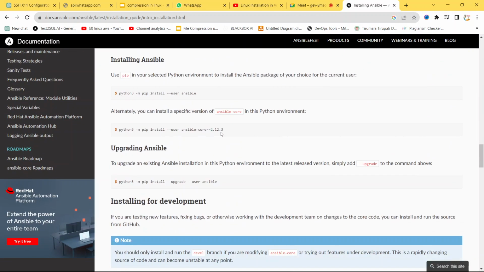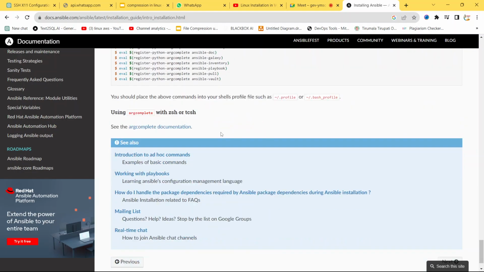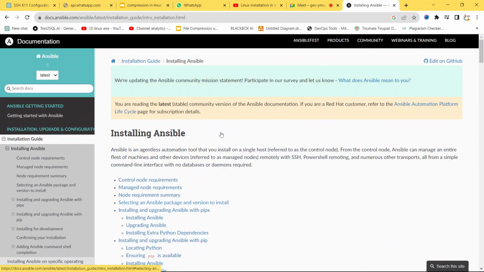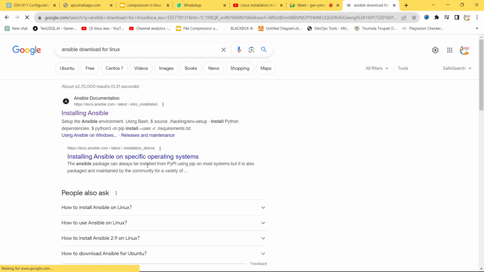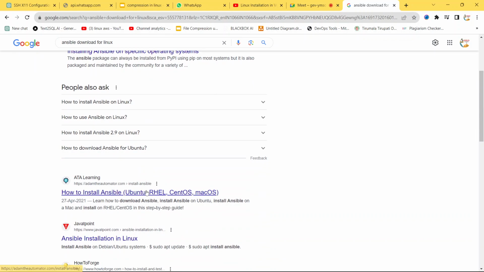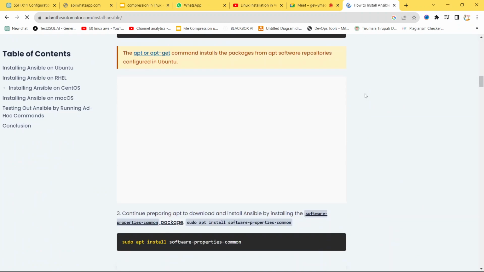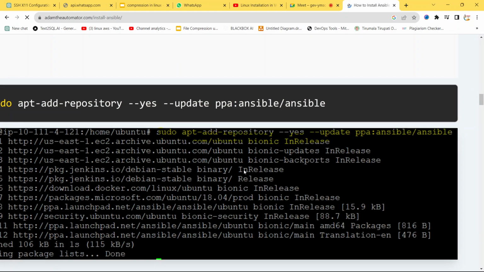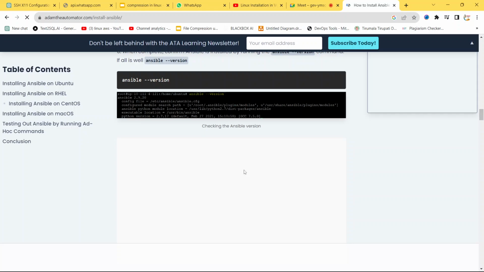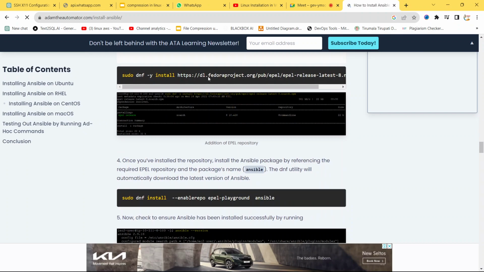I need to find it somewhere. No, it is not there. It is picking everywhere. They are installing with the direct one. Okay, yeah, this is the one, right?